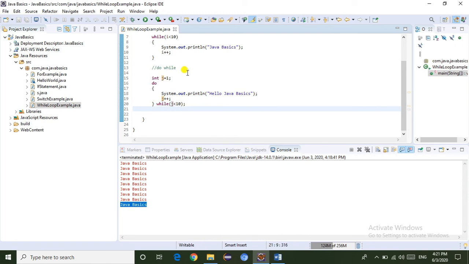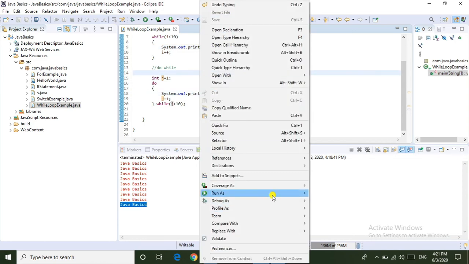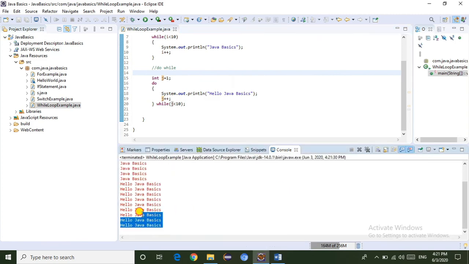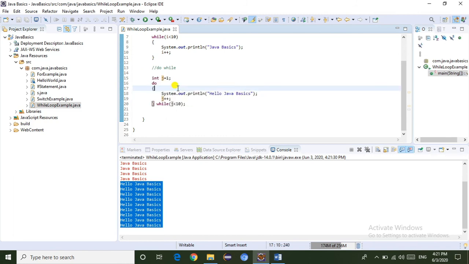Now I am going to run the program. It should print hello Java basics 10 times. Just run as Java application. Here the do while loop is also executing. Here I am going to show you the flow of execution. First time it will assign 1 to j, then it will come here.